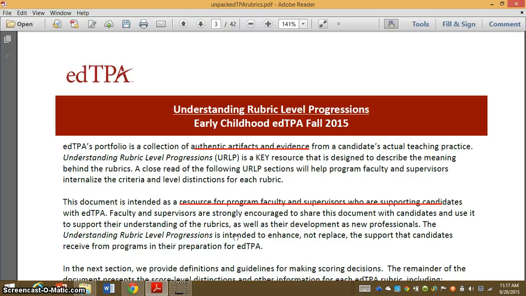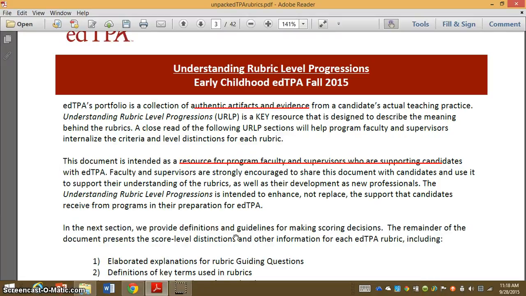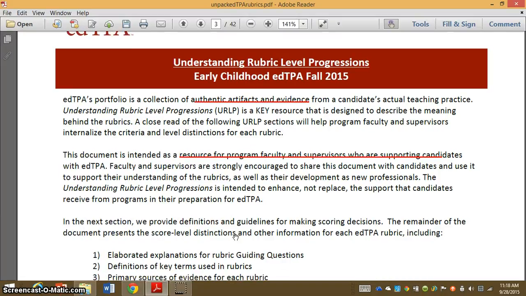But this document is called the Unpacked edTPA Rubrics, and rubrics are great. Most of you have had some experience with them, but I really appreciate them as a student because you know exactly what you have to do to get the grade that you want. For our purposes, through this series of videos, because there are 15 rubrics for the edTPA, I'm going to limit myself to 5 minutes each to discuss some of the key characteristics of each rubric, because some of the language in the rubrics can be a bit confusing. So this is an introduction to that, and this document talks about authentic artifacts and evidence, and it's a resource for faculty and supervisors, but they're highly encouraged to share it with you, so I encourage you to go over this with your